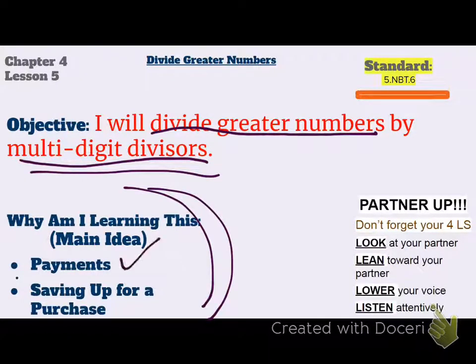Well, someday you're going to have car payments that are multi-digit numbers, maybe $350 payments to a car, or payments to a house that are even more than that. You're going to have to be able to divide that amount that you owe into months. So you'll be saving up to purchase things. You want to figure out how much you need to put into each month so that you can buy whatever it is you want. So again, the skill today of dividing greater numbers is something you will use in everyday